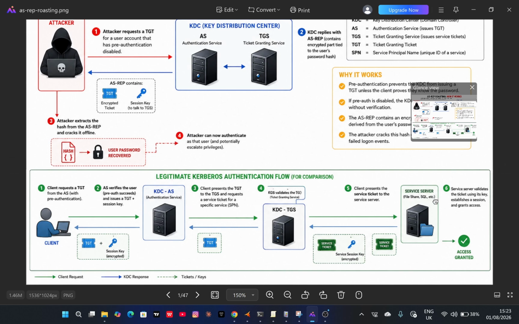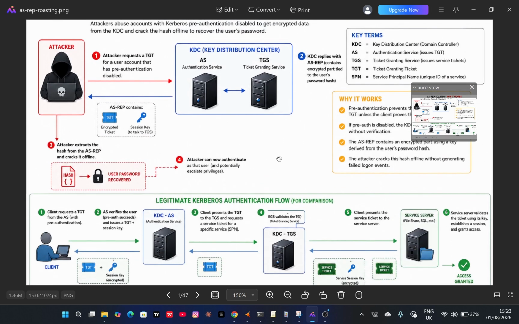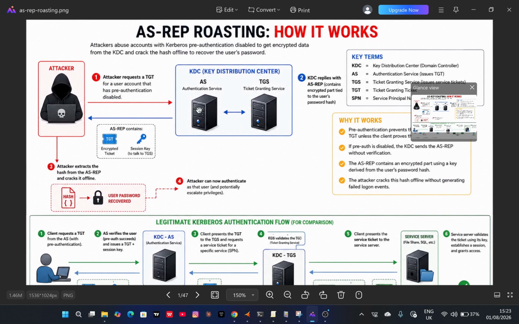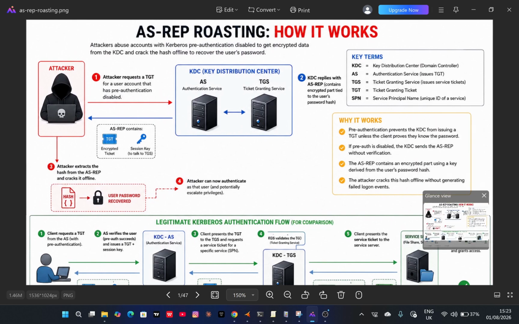Before this client can access a service, it goes through the process of Kerberos authentication, talking about the key distribution system actually, right? So having understood that, we can now look at what ASREP roasting actually means and how it works. Remember I told you that